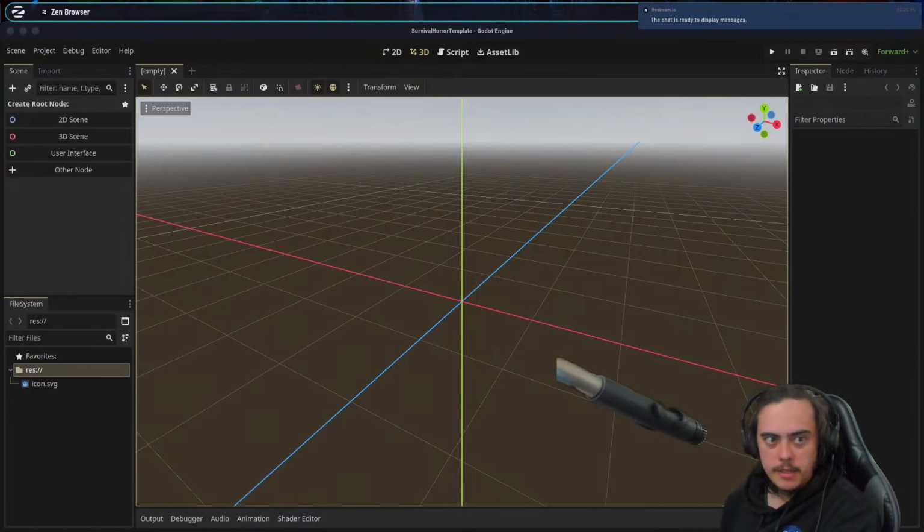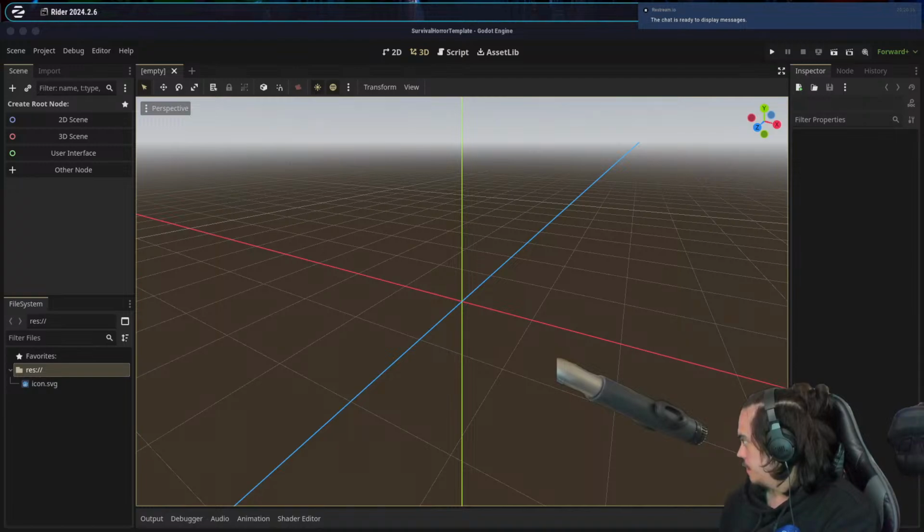So we're gonna need to set up a GDExtension here. And we're going to also set up a new solution here inside of JetBrains Rider. I got some code open that I'm not able to show you guys, but we will move that on over here. The solution's called